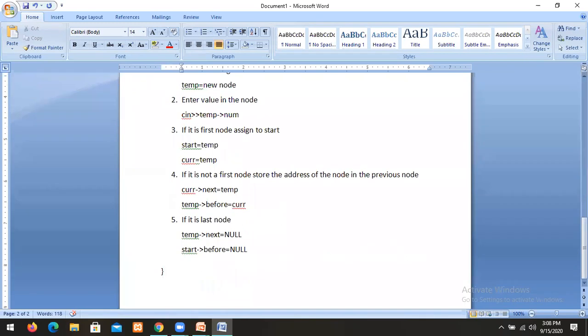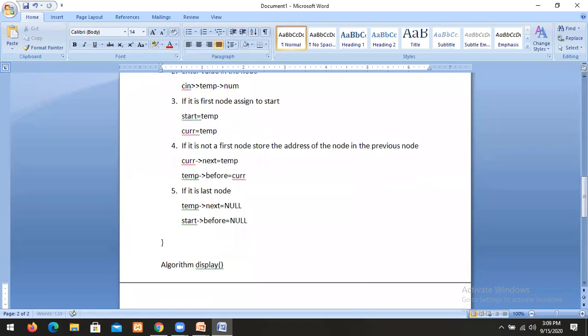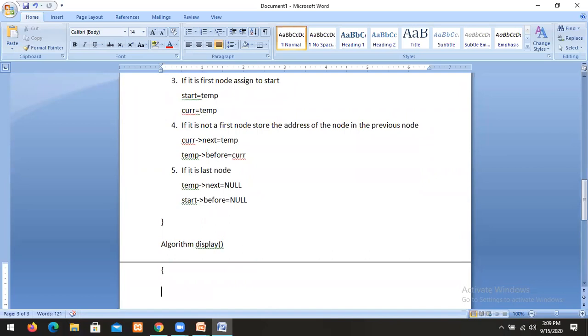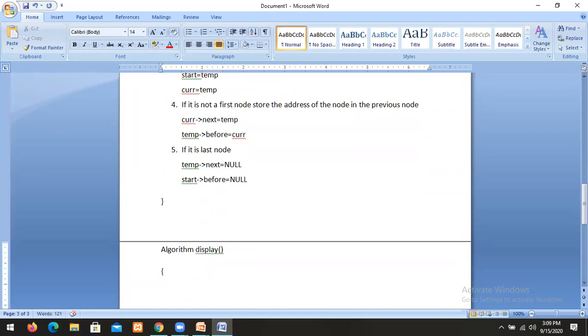Then we go for the algorithm display, which is the same as for a single linked list. Display means you have to print the elements of a list.